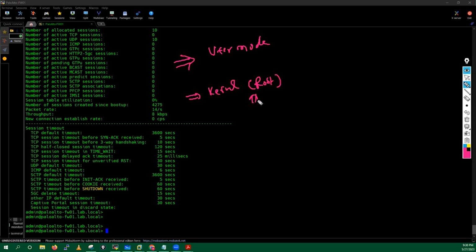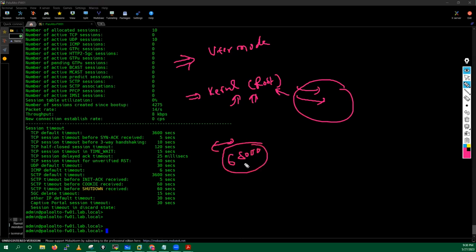You never get root mode access in the Palo Alto firewall. If you got root mode access, you could modify the settings, because Palo Alto has put a limitation that this particular VM can only support 64,000. This is the limitation put by Palo Alto. There was one incident a few years back, where there was a tech